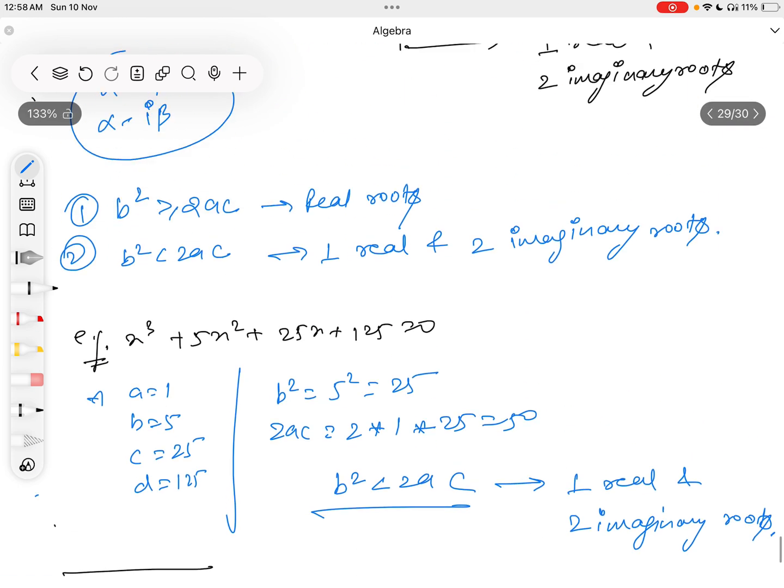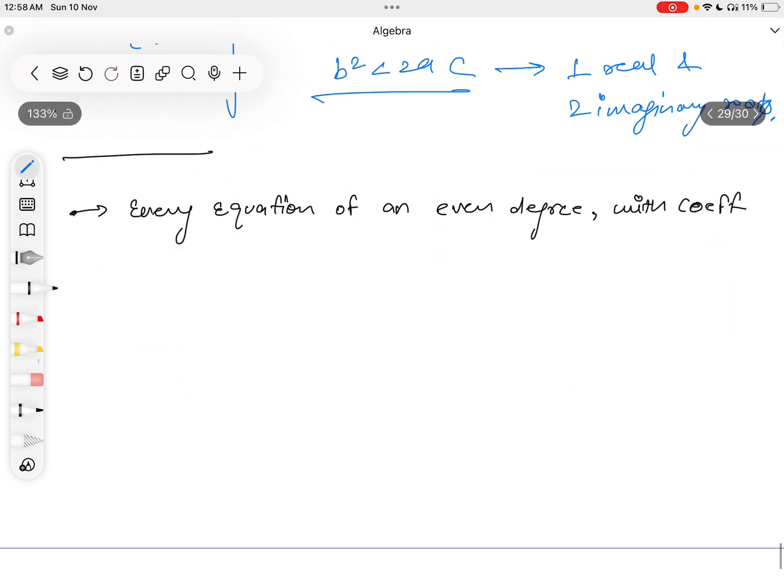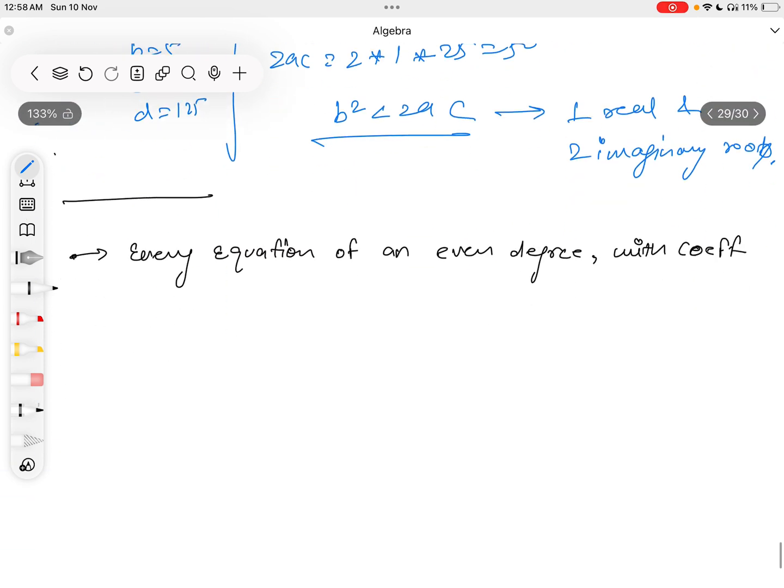I hope you know what a coefficient is. Like in this equation, this has a coefficient of 1, this has a coefficient of 5, this has a coefficient of 25. Okay, with coefficient